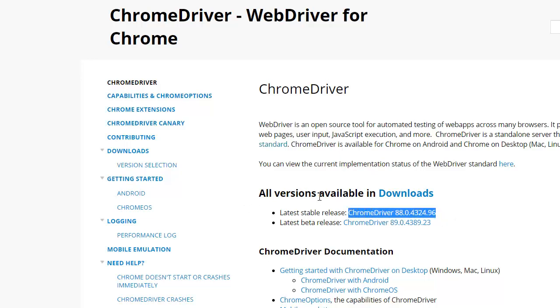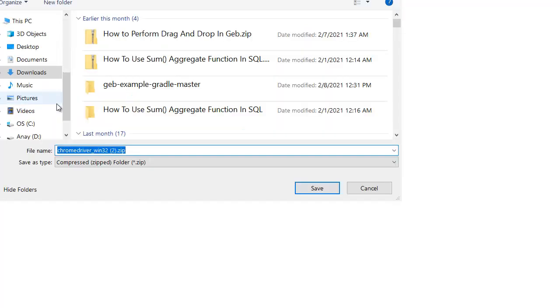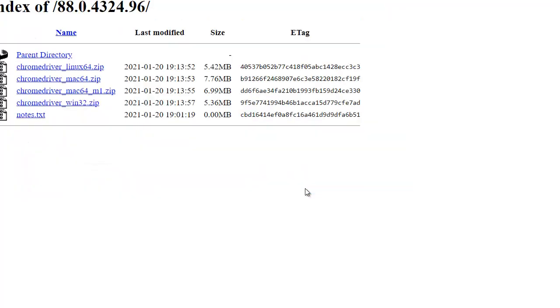Here you can see all versions available in downloads, so just click on this and download it. As soon as we click on that, we are getting these files. Since I am working on a Windows machine, I am going to download this. This is a zip file, so let's download it, and here let me extract it.